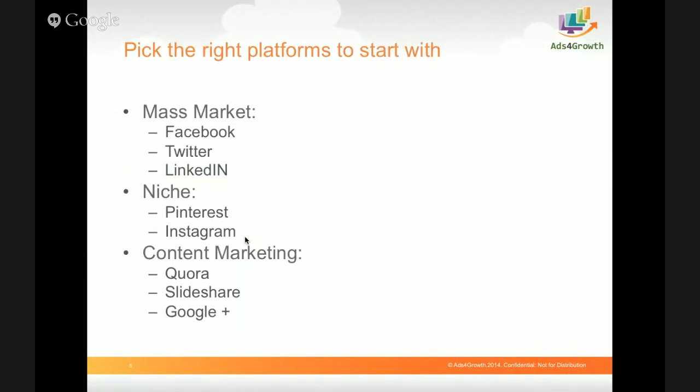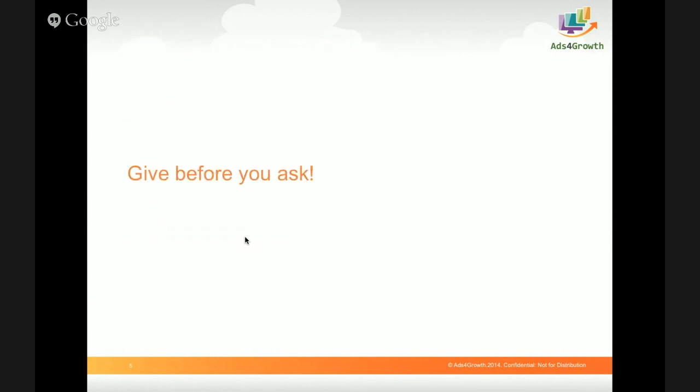Okay, now once you have selected those 3, 4, 5, 6 platforms, the next thing you should do is think about what is it that I can give to my target audience. Okay, so what are the things? And this is one mistake that people make, is that on social media, there's no obligation from anyone, right? So you are not going to get followers or build community just like that. People are time constrained. They can only do so many things at a certain time. So it's always better if you are giving something to them that they want.